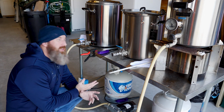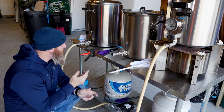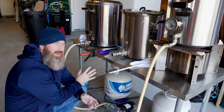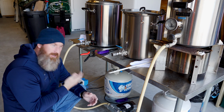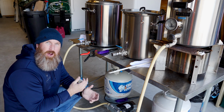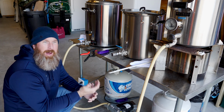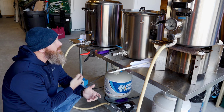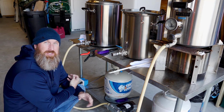All right, so we've been sparging along for an hour, and I did 45 minutes with it recirculating, and then my temperature was dropping. It got down to 149, 148, somewhere in there. So I turned the recirculation off, because as it's recirculating you're losing some heat through the hose and the transferring. If you get low, you want to kill the pump and just let it sit. And really, it's going to be fine. It's just going to help optimize, with that recirculation. 45 minutes was quite a bit. It's going to optimize my sugars